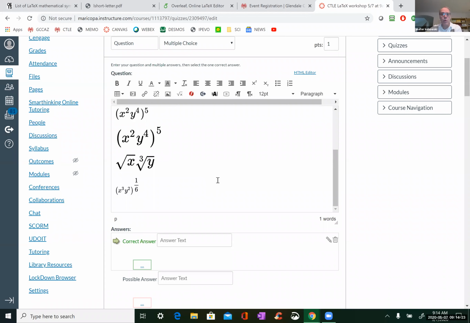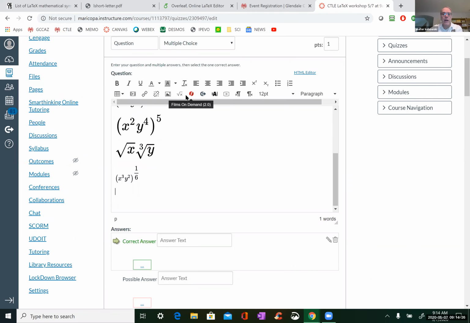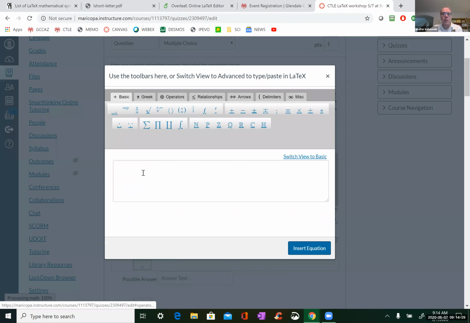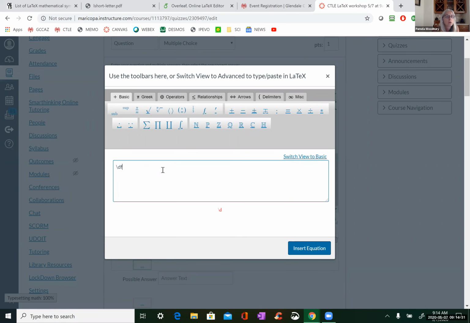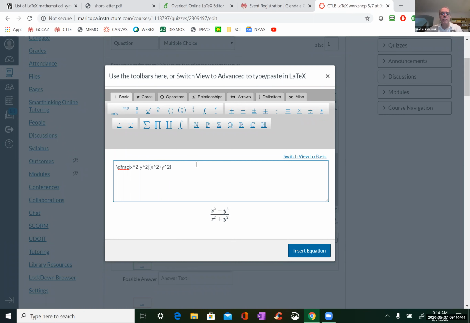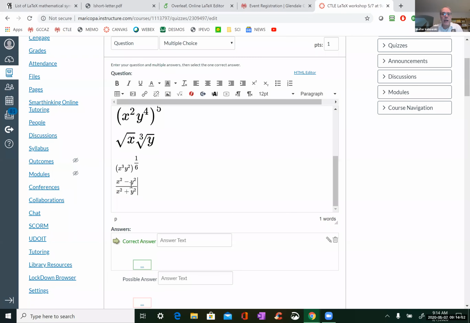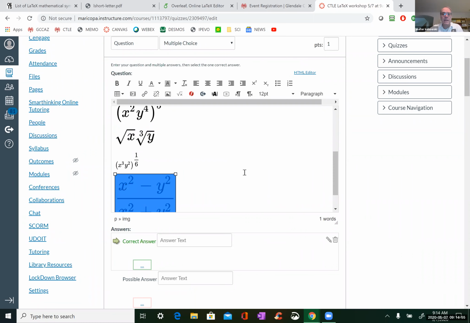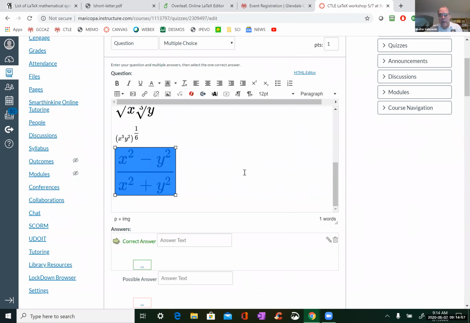Okay, but that's typically if you want to create, let's just do another edit. Let's just create something more complicated. If we're doing something in calculus, say x squared minus y squared over x squared plus y squared, right? This would be the sort of thing you do in, say, third semester calculus. And you can see that you can create quite complicated, any sort of LaTeX, anything that LaTeX can itself display, you can put inside the argument of a display fraction.